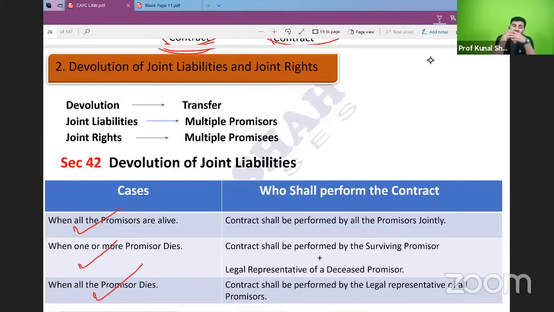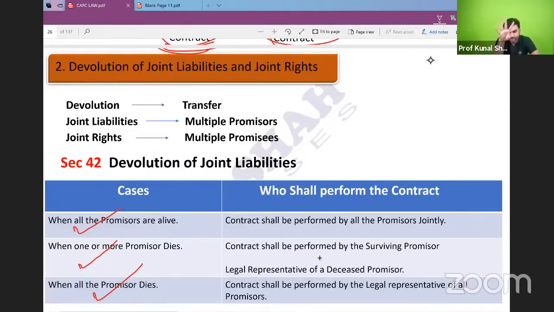Yes. And when there is more than one promisor, they are called multiple promisors. In a similar way, if inside a contract there is more than one promisee, it is called multiple promisees. For example,